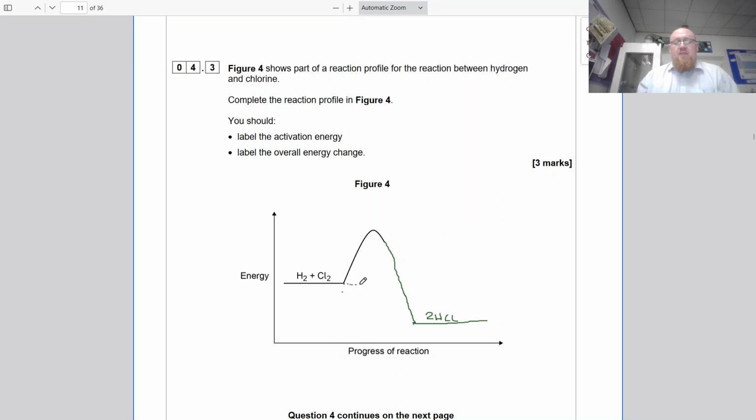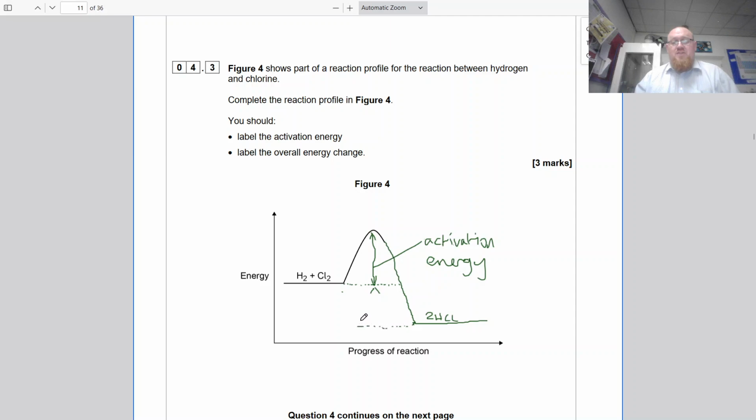So if I look here, this activation energy is the energy difference between the reactants and this top state here, or the transition state, and that is going to be our activation energy. And of course, the activation energy is the amount of energy I have to put in to get the reaction to start. We then have this next one here,